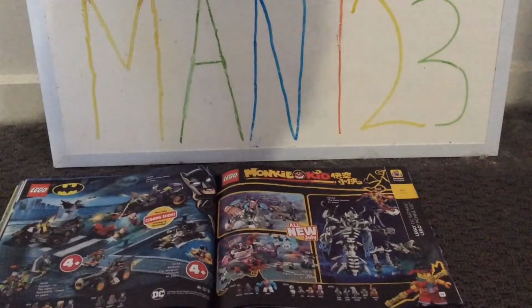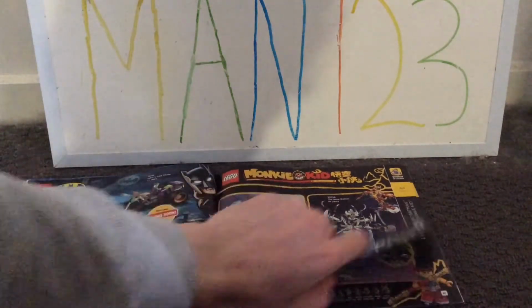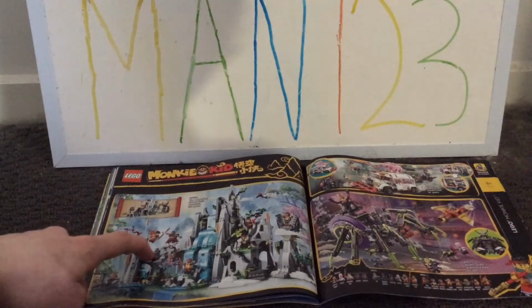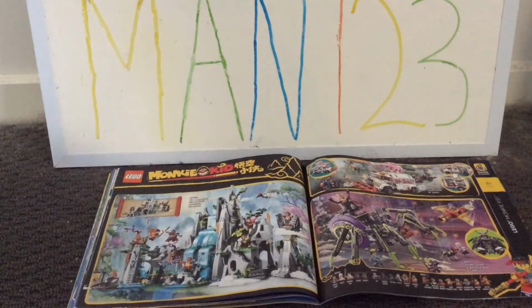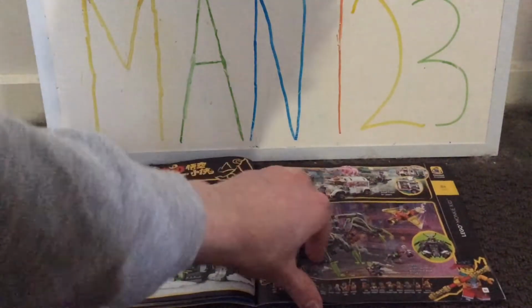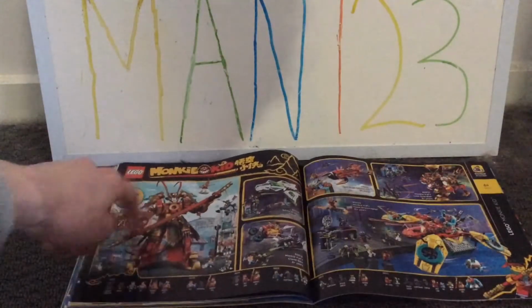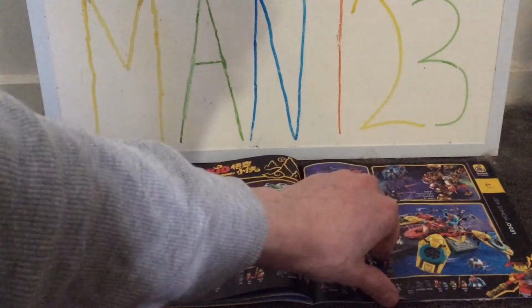And then we have some of the Monkey Kid sets. Now, I must say, I'm sort of growing on Monkey Kid because I definitely think some of the sets look really awesome, especially this one here, the Legendary Flower Fruit Mountain, but they're just way too expensive. I think they look really awesome for the design, the minifigs are well detailed, but they're just really expensive. And I also really love the, oh, what's the name of it, the Monkey King Warrior Mech,